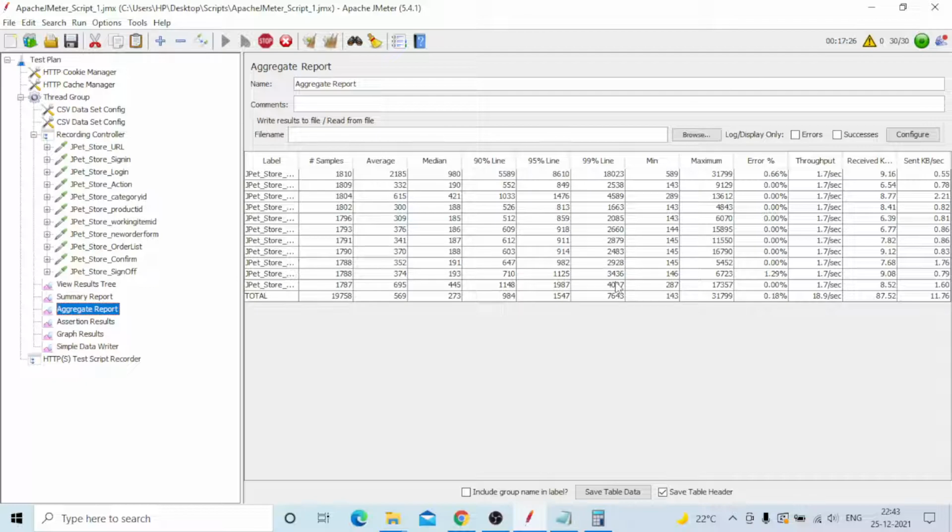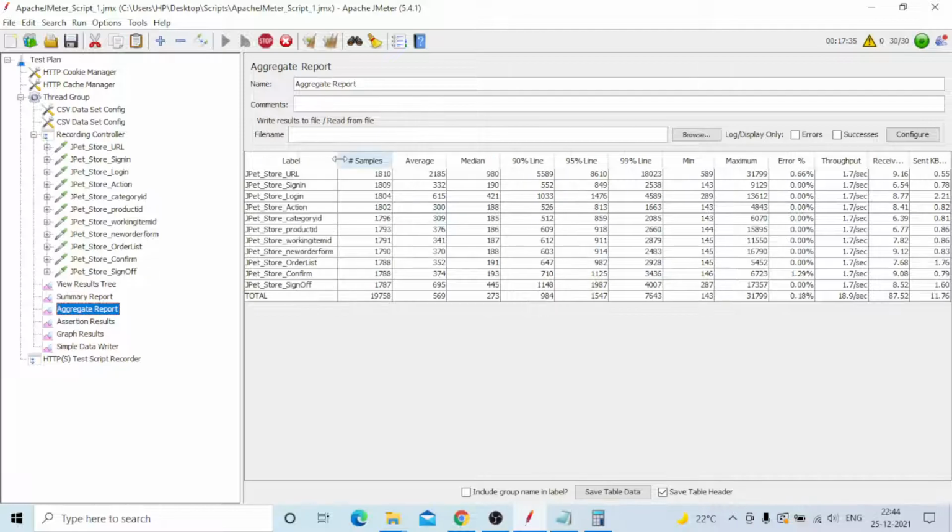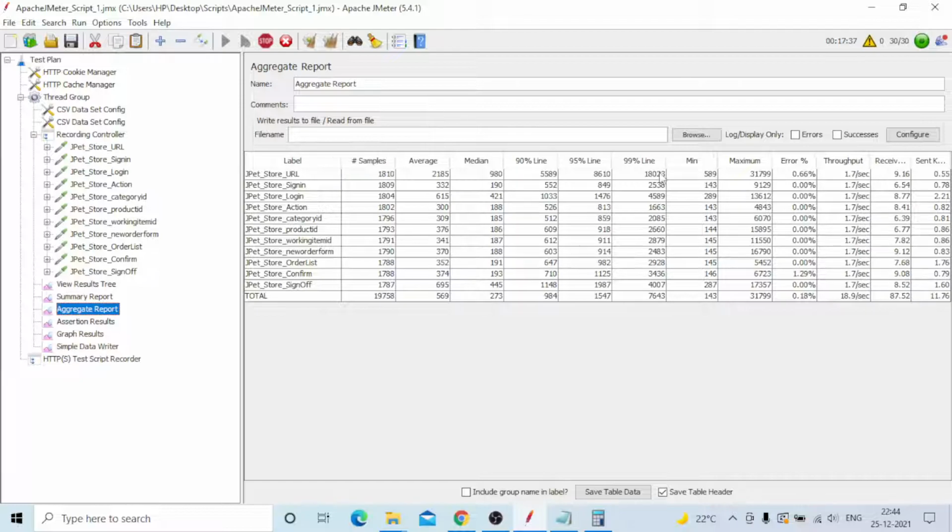The 95th percentile is also fine, but at the 99th you can see 18,000. One URL has a higher response time. Remaining everything is normal. Most response times are 7 seconds, 4, 3, 2, 2, 2, but you need to take the average, which is around 4 seconds.